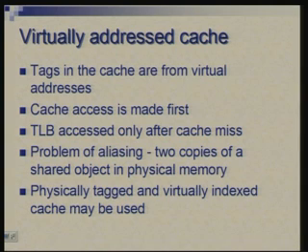So, the problem is that of aliasing, but first of all let me mention that to achieve this you need to distinguish entries corresponding to different processes, because you have the same virtual address space, or let us say it is numbered the same way. You have process A, you have process B. For process A you say that virtual address goes from 0 to 4 GB, for B also you say virtual addresses go from 0 to 4 GB.